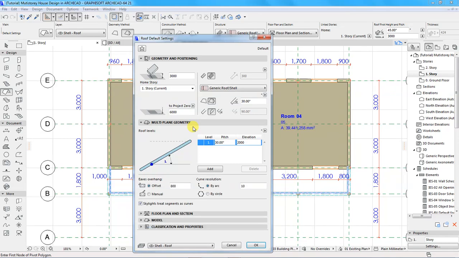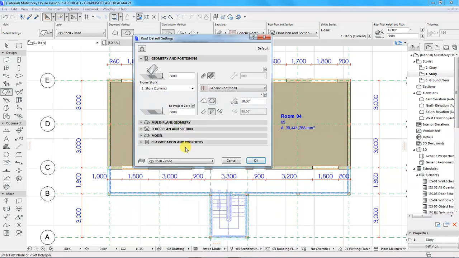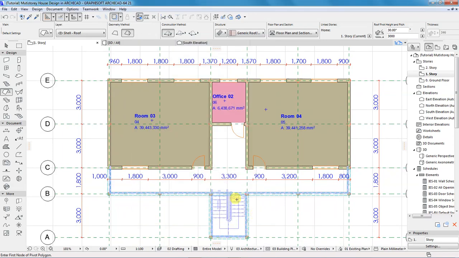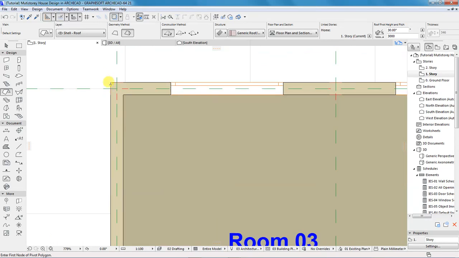Down here under model and display offset 800, I'll leave that as it is, and model I will activate. Let me just say okay, then go and draw the roof from the plan. Then we'll go to 3D window and preview, and come back and do some settings,